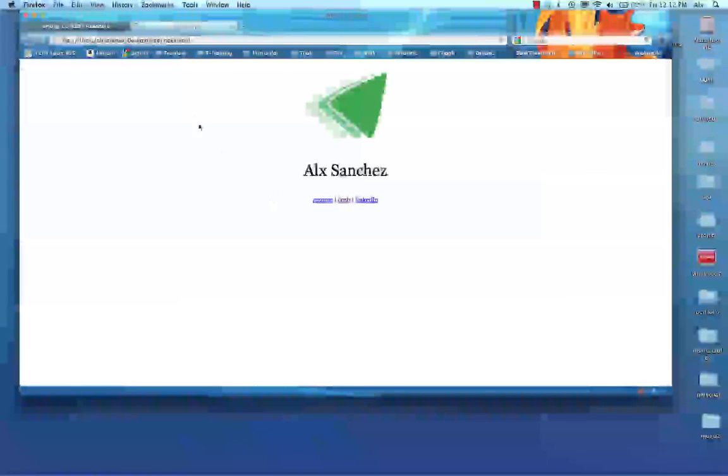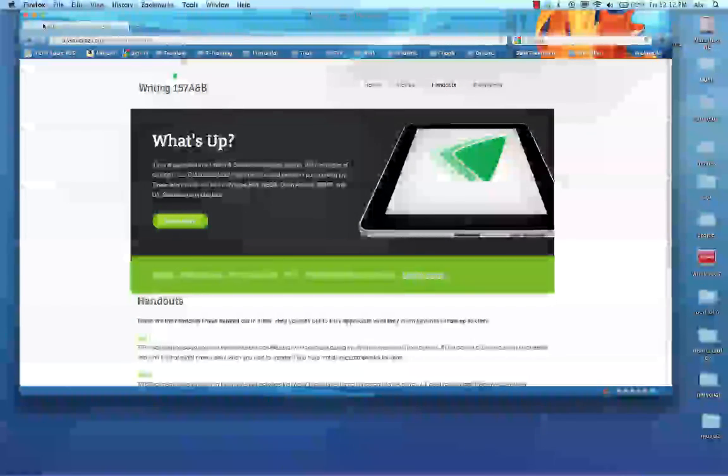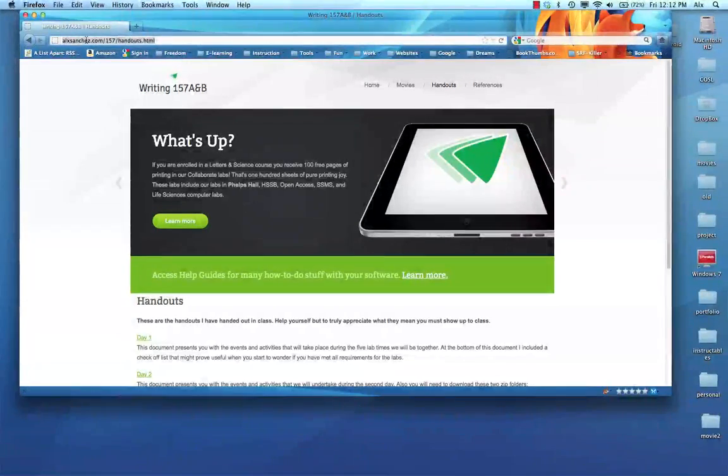I'm just going to double click. It will launch the browser, but see, still on my desktop. I just want to see if it works though. Okay, it works. Now I want to be able to go to my